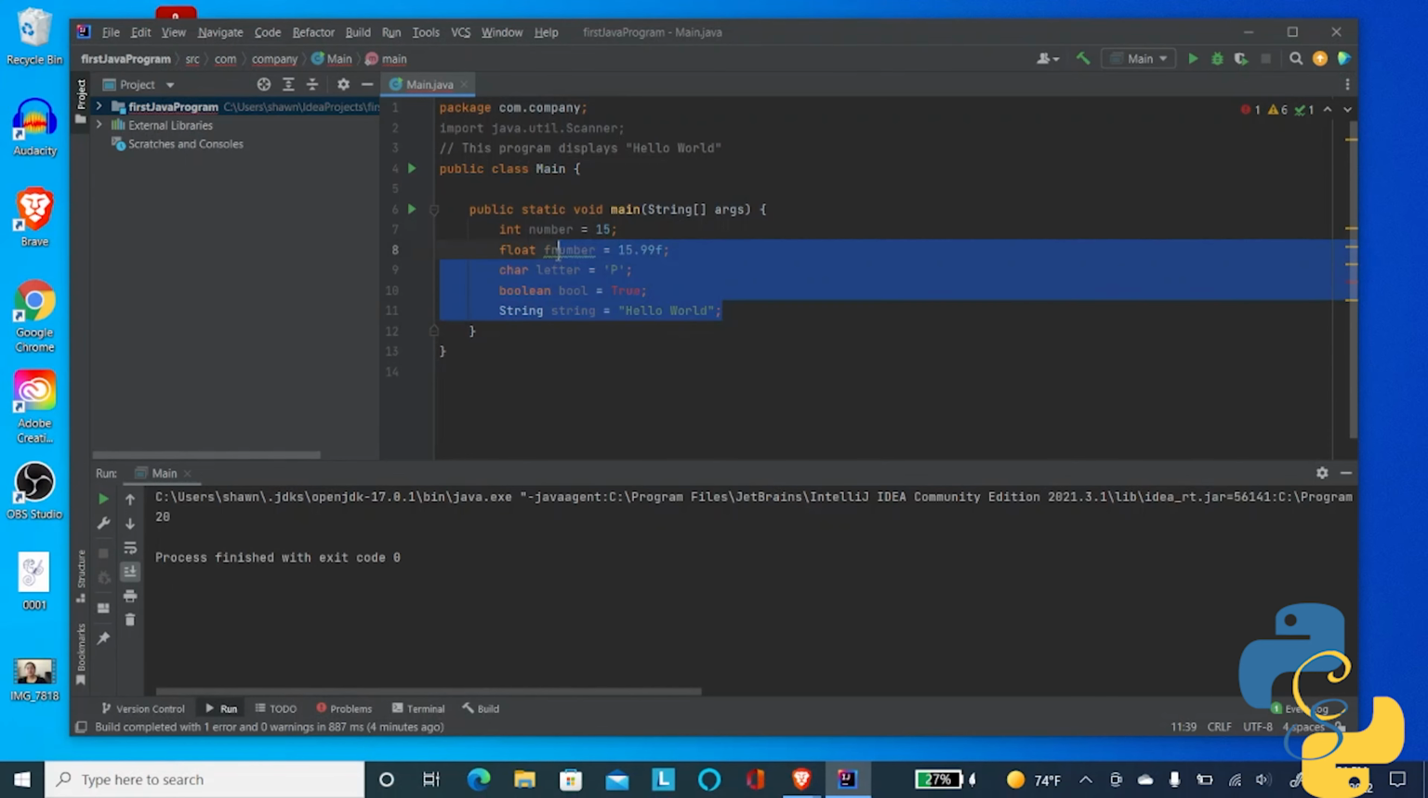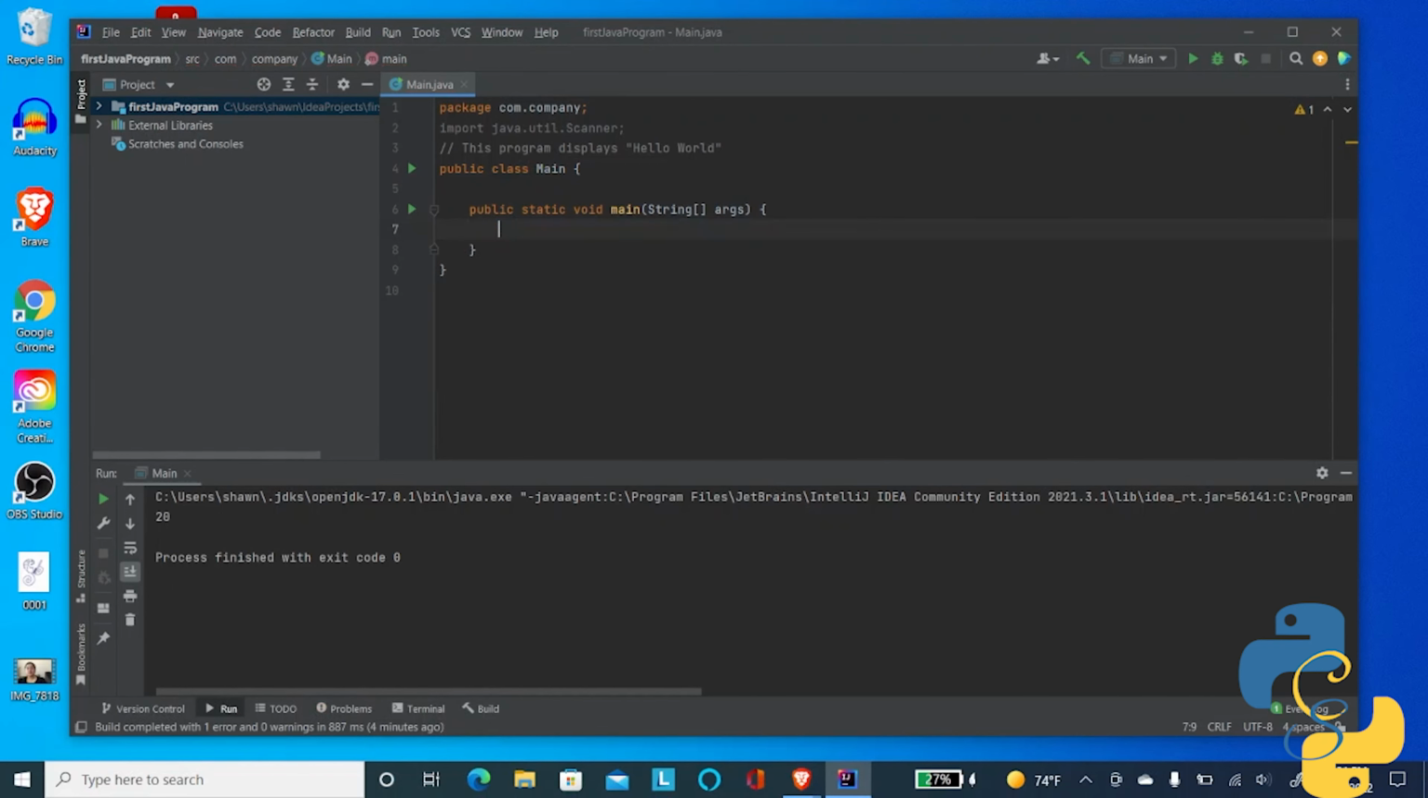So to do this, we're still using the same method that we've been using, which is println. So let's say we want to print our names. So string name, and put your name. So Shawn, and then